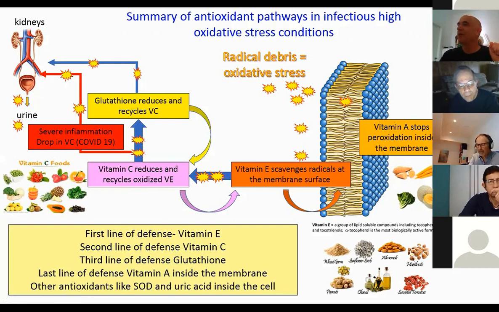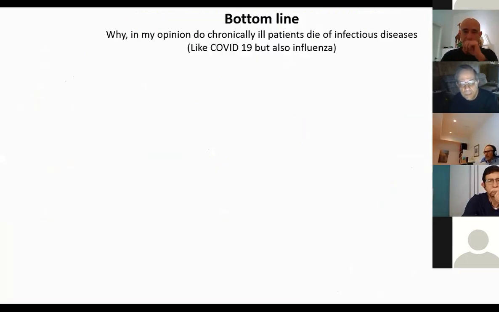And we actually see that people who die, for example, of measles, it's very rare to die of measles. But if you're deficient in vitamin A, you may die of measles. And that's a nutritional effect. There are other antioxidants which I didn't talk about, like SOD and uric acid, which work in the blood and inside the cells because there's a lot of oxidative stress in the cell. Vitamin E is critical also on the internal side. But in this talk, I'm concentrating on infectious disease, which happens on the outside of the cell, on the external side of the membrane.